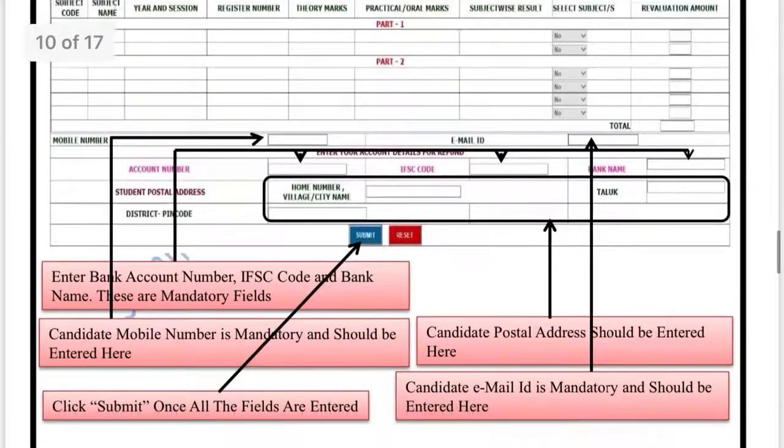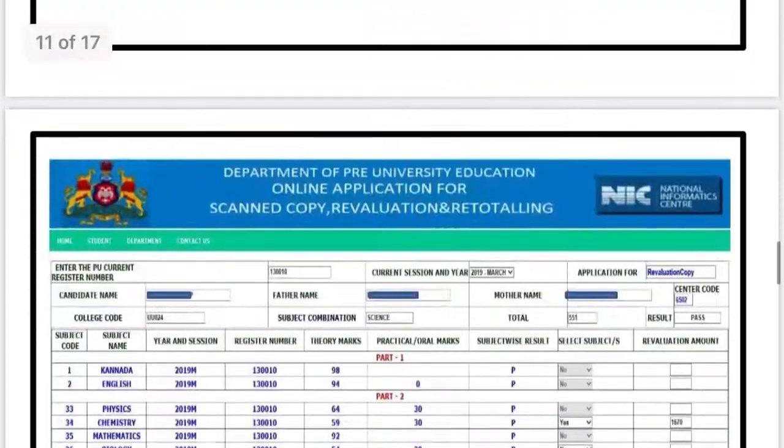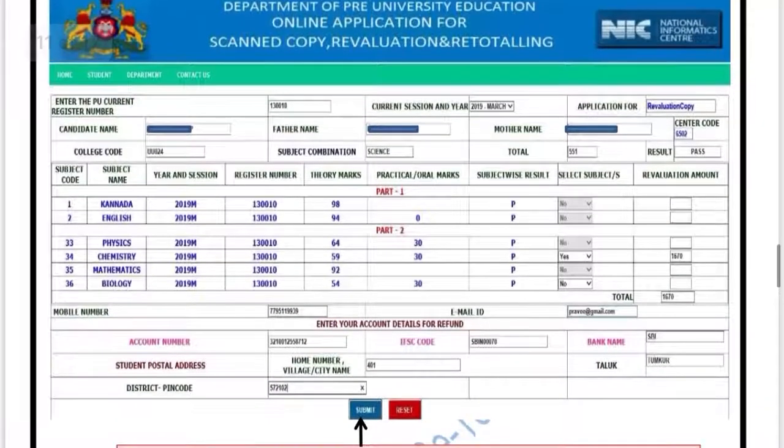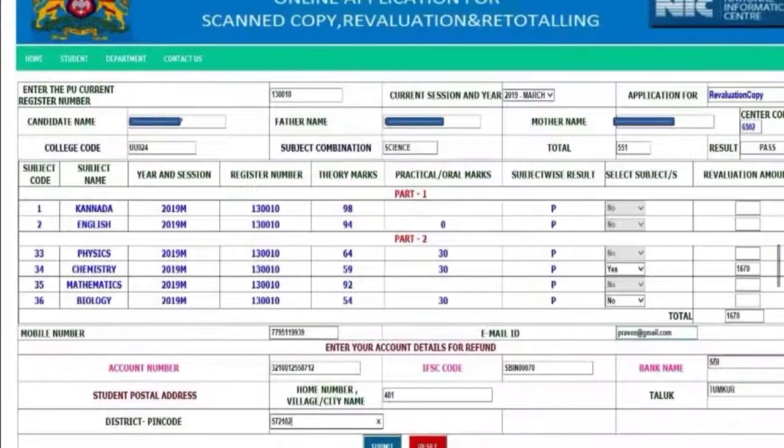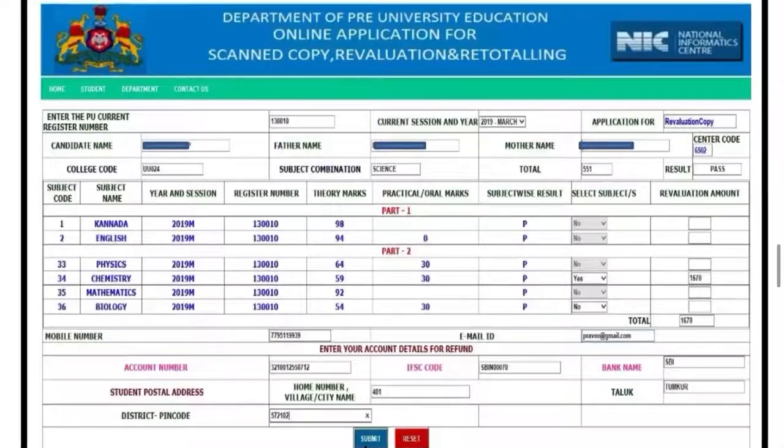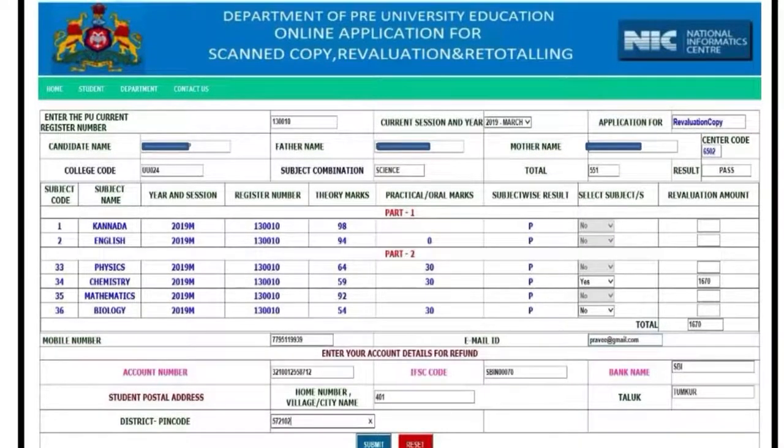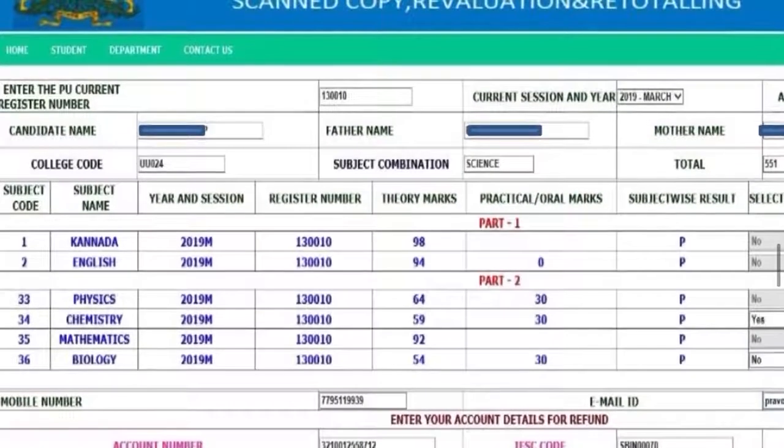Next I'll show you what the details are. Here you can see one of the students' details. Here you can see the register number, the passed out year, application for revaluation copy. Here you can see the candidate name, father's name, mother's name, the college code, combination, and here you can see the subjects.